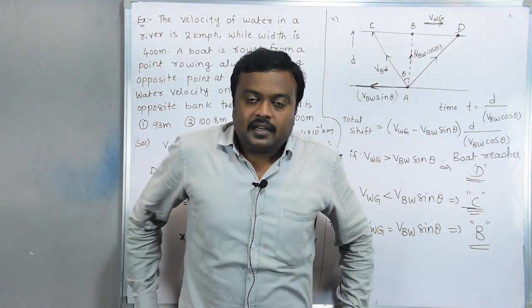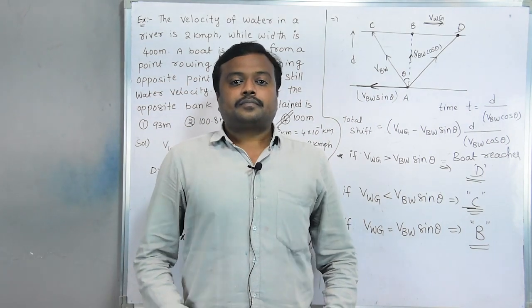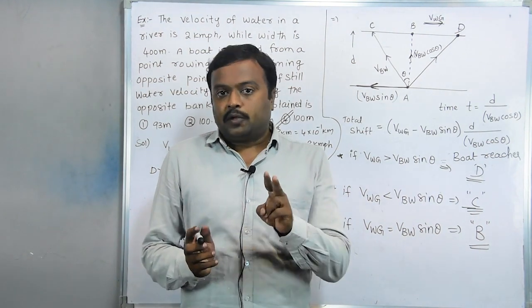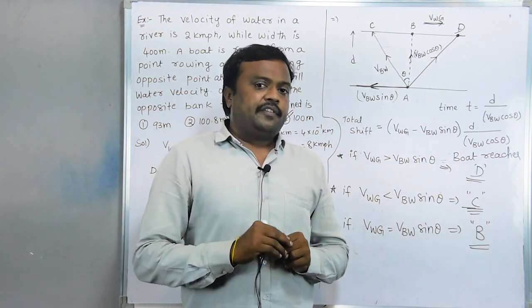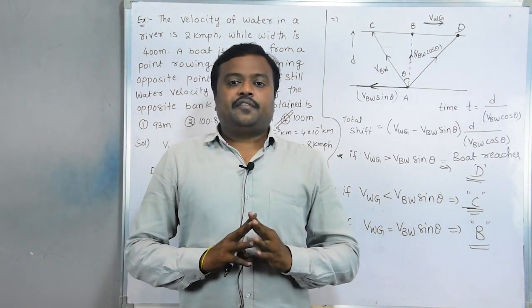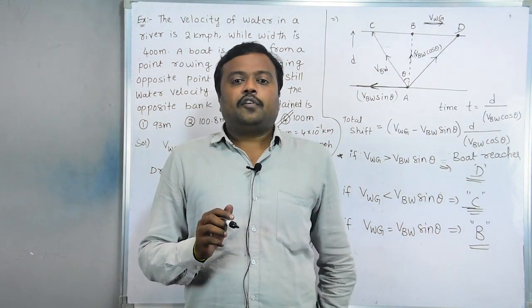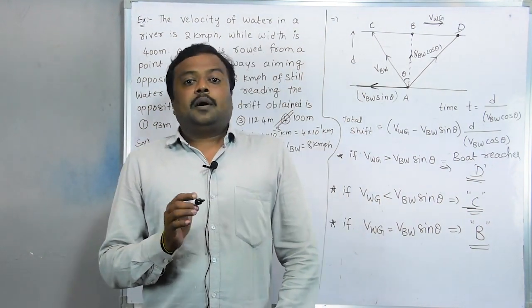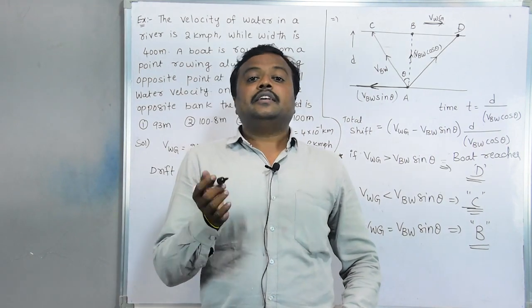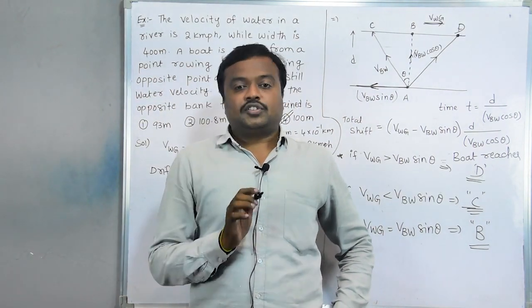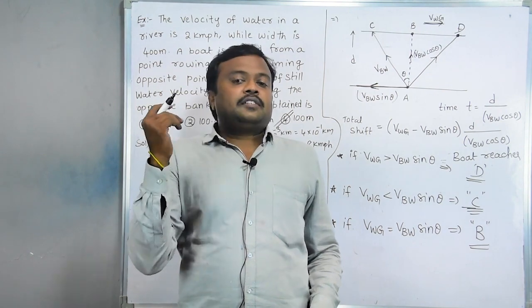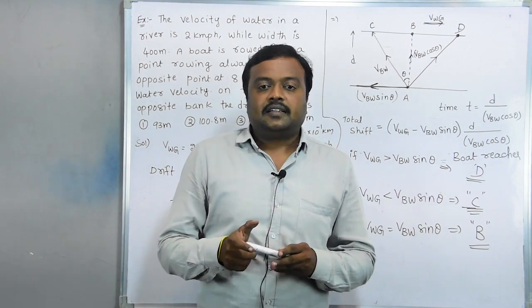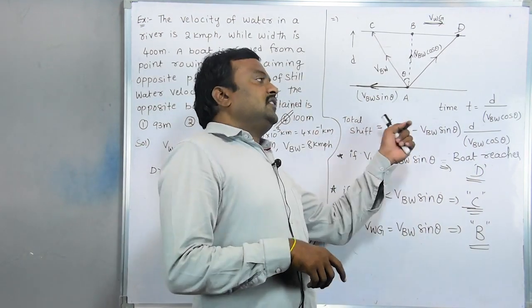Okay, this is the concept related to the relative velocity of a boat in a river. Mainly two cases: along the line of river flow, and perpendicular to the line of river flow. Along the line of river flow, we have upstream and downstream, and still water, when the boat engine is switched off. Perpendicular to the direction of river flow, we have shortest distance and shortest path.